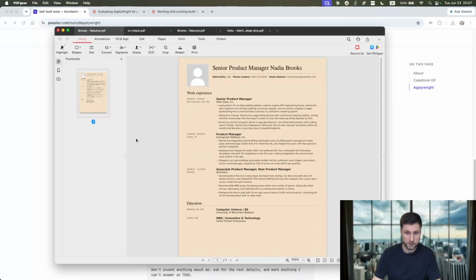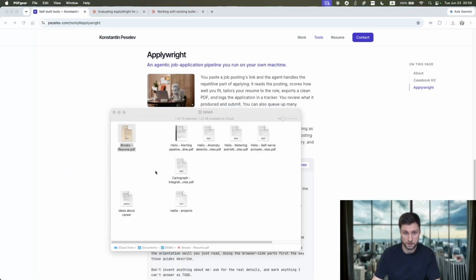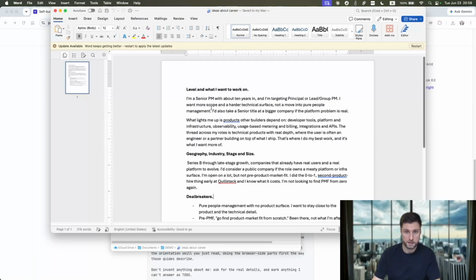First of all, you need to have a resume, and you can see I created this fake persona. Everything is quite generic: just name, contact information, work experience, and education. If you have something more complex and sophisticated, it's good, but even something basic and generic like this is enough for you to start. And the second crucial part is a little note about your career, who you are, what you did,